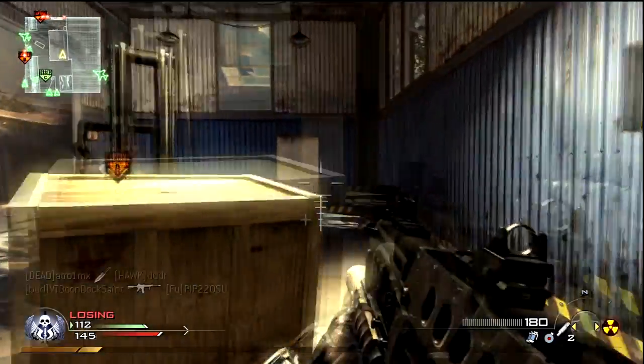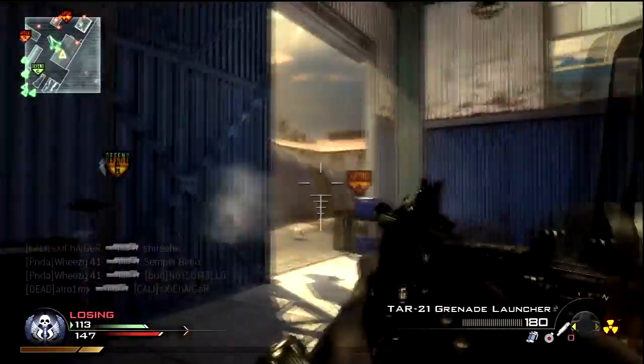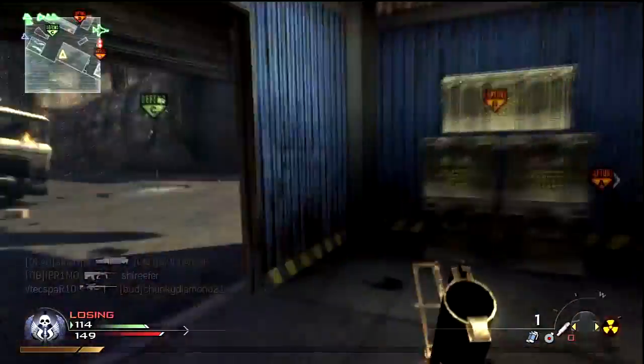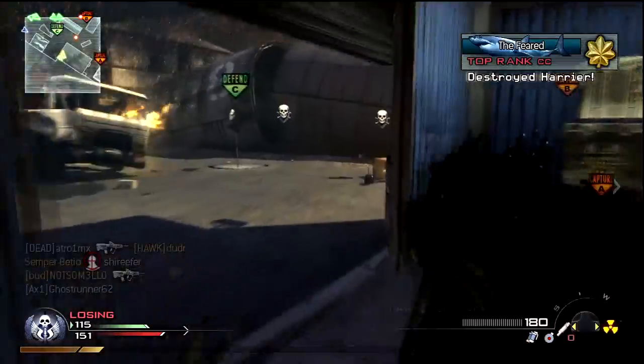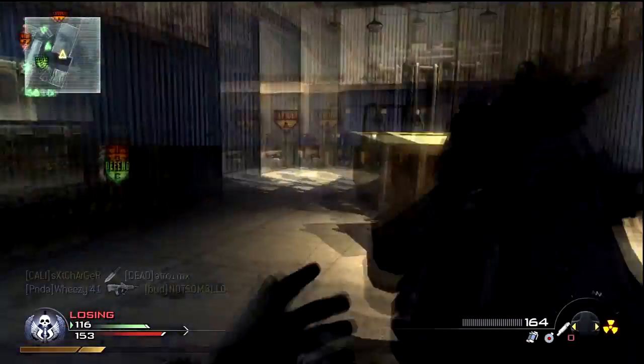It's a lot more fun to use than the chopper gunner. It's just not as effective at getting lots of kills because it's so high in the air. The chopper gunner is down low, and you can just kill people almost instantly as they spawn. My dogs are barking upstairs. Anyway,